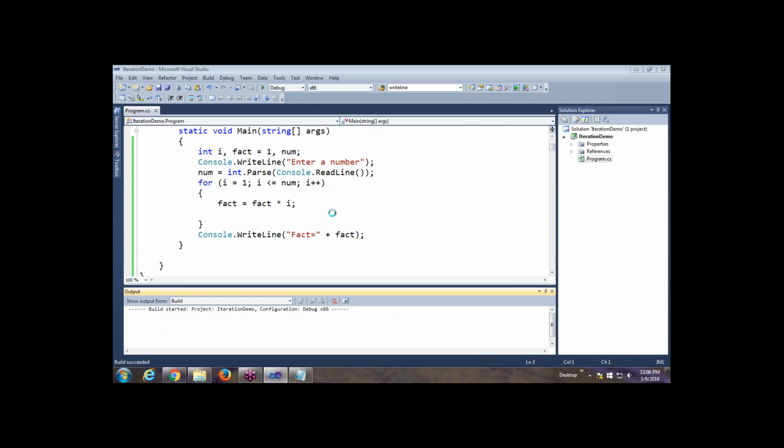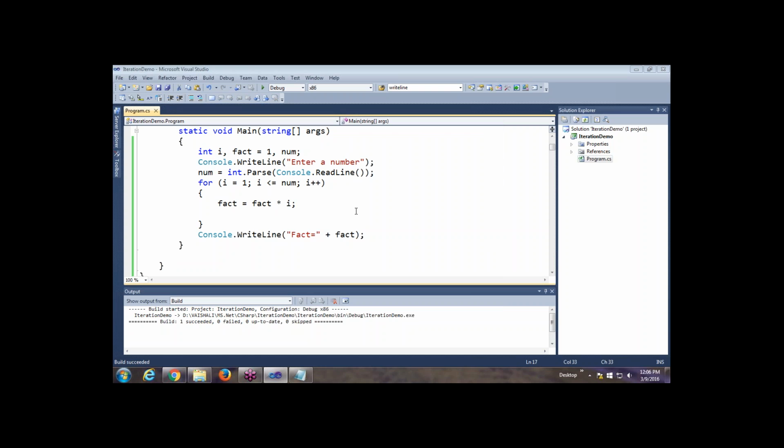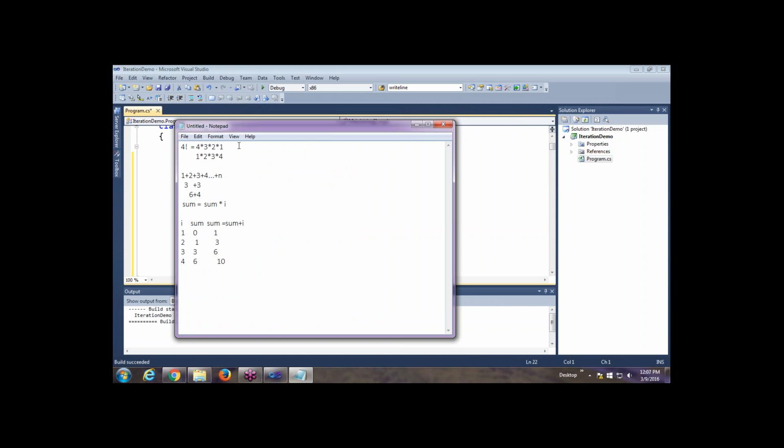we will accept the data from the user and then we will get the resultant output. So let's enter the data as 5. So you can see the factorial of 5 is 120. So this is how we can calculate the factorial, which you can say is almost on the lines of the sum of the series. Now let's go ahead.